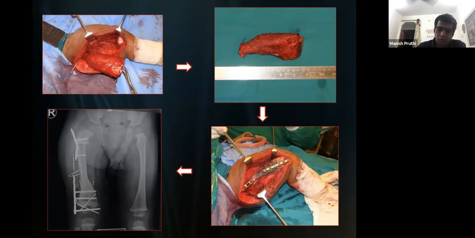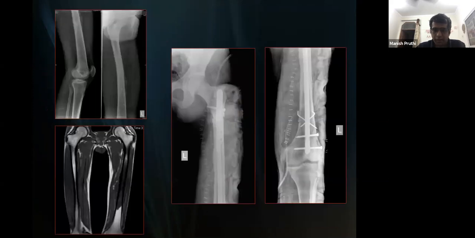So once we do this kind of a reconstruction, we need to wait for the bone to heal proximally and distally before the child or the patient can start walking, which usually takes 6 to 8 months. And similar to that other case in which in an adult patient, a diaphysis was involved, similarly, the ECRT was done.